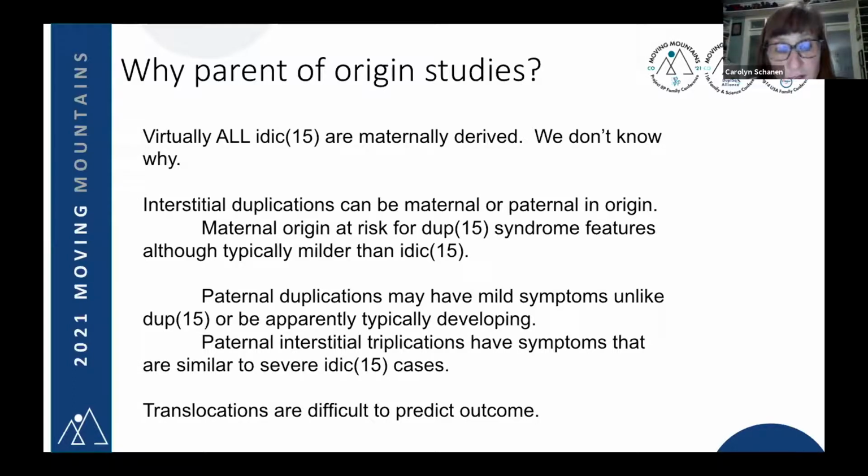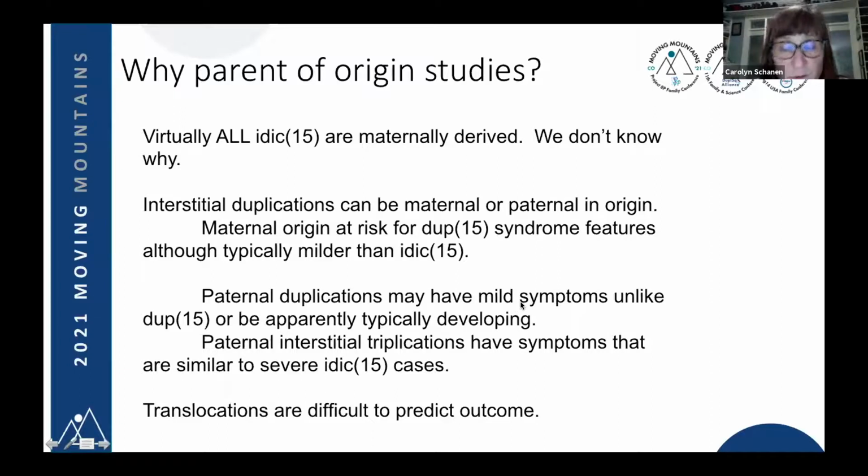The other thing is that, as I pointed out when I had 3 kids from one family, they can be familial. And if they're paternally derived, so if they came on the paternal chromosome, it can be that they have very mild symptoms, or they can be typically developing or have such mild symptoms that they didn't really know,